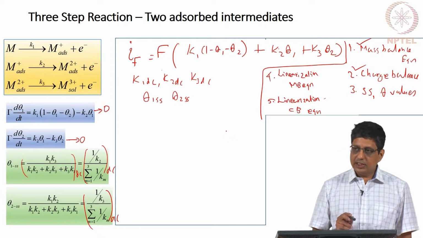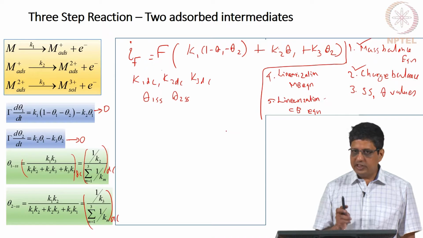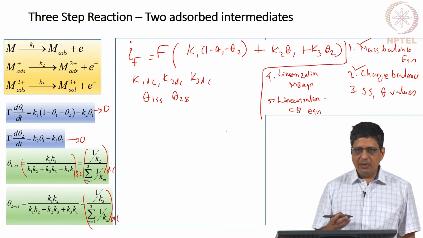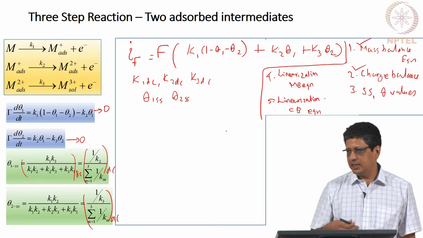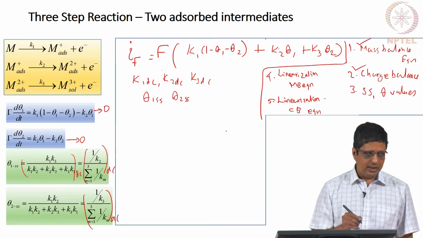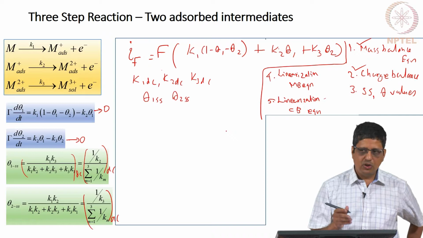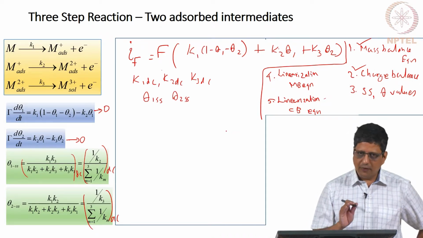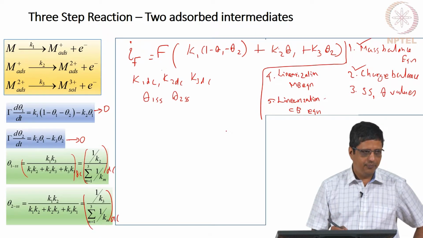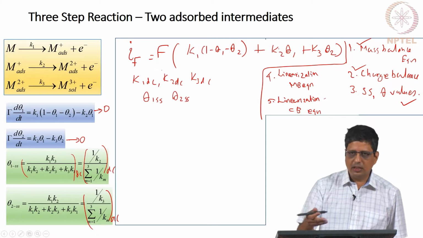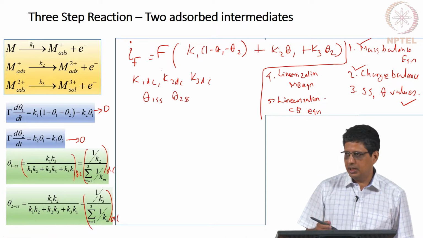If you have nonlinear equation, many times even then you will get one physically meaningful solution where all thetas fall between 0 to 1. Some of them may have theta going below 0 or above 1 or come out as a complex number, in which case it is not physically meaningful. You can throw away those solutions. Only the solutions where all thetas have values between 0 to 1 are valid solutions. We are going to see only simple cases, so they will definitely fall between 0 to 1. Okay. We got this part correctly. I think the core has not completed. If you are given a little more time, you will be able to get this.